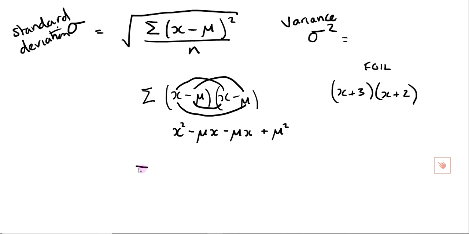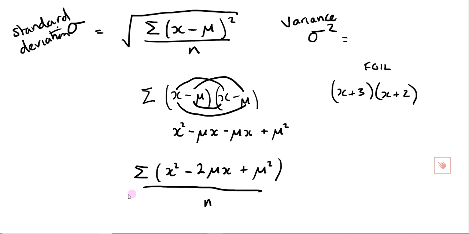So we should end up with the sum of x squared minus 2 mu x plus mu squared. Still all over n and still square rooted. That was the first stage. Got that? Then